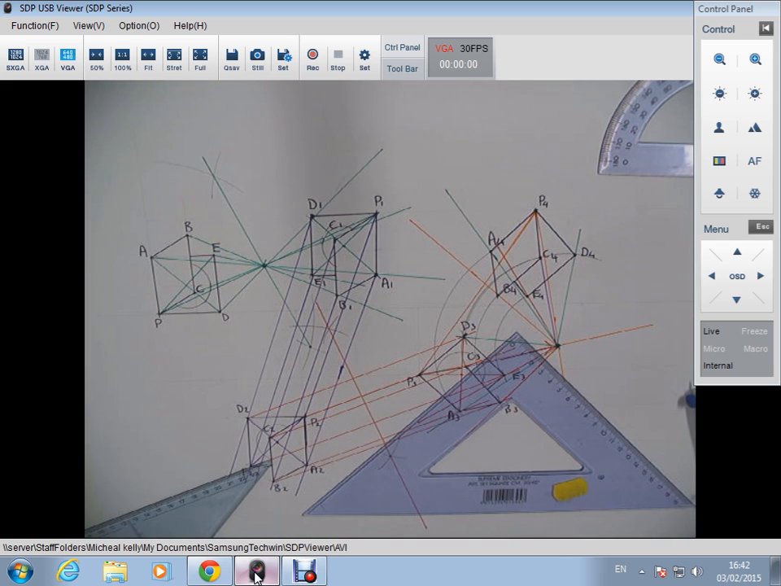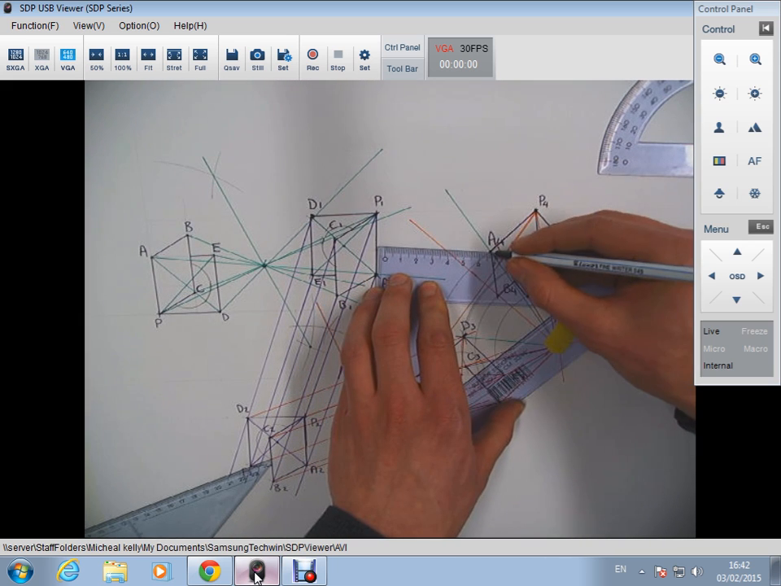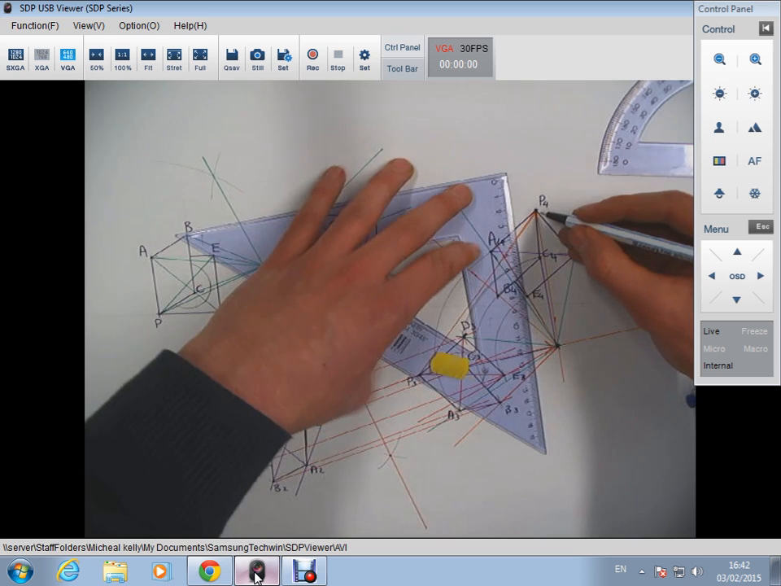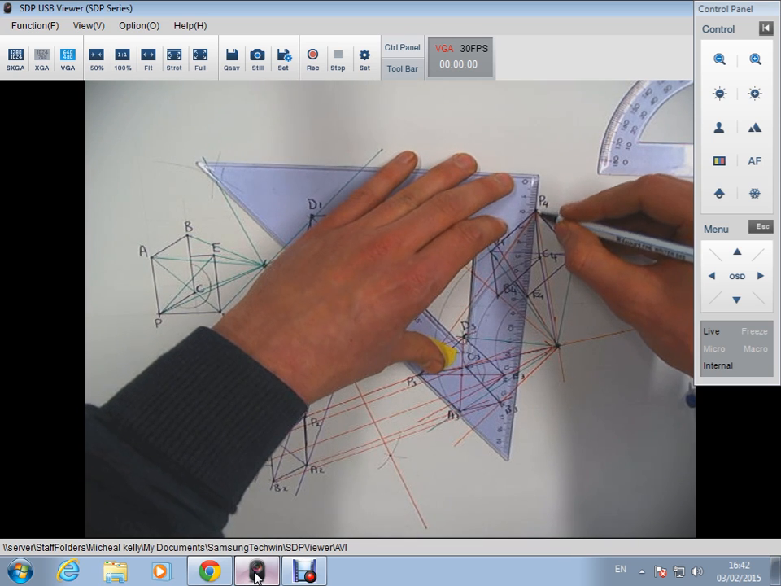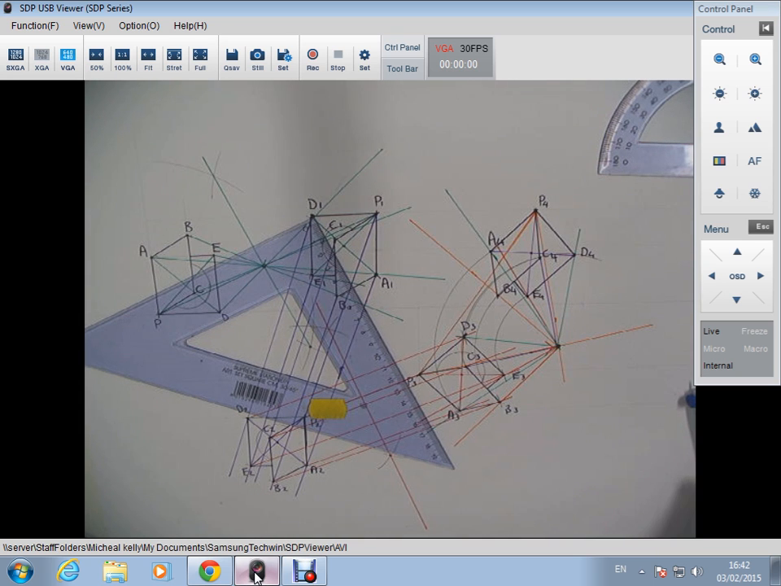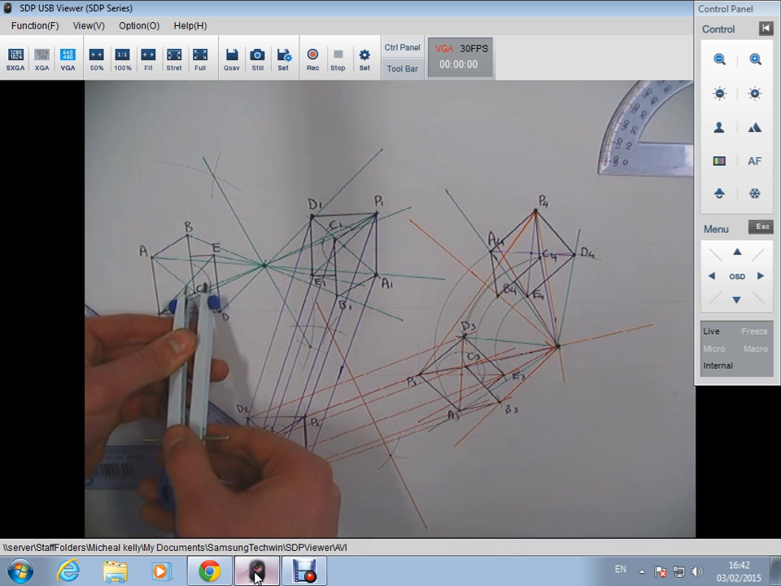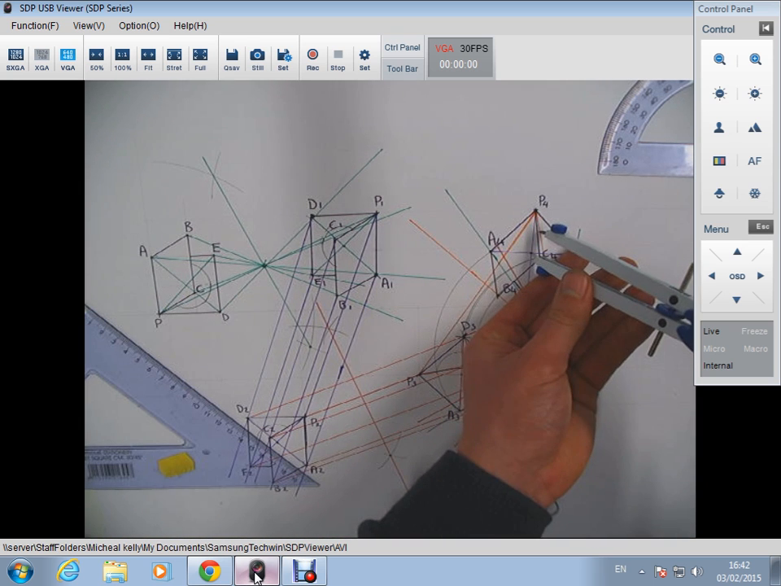And lastly, to find the center of my curve, join A to D, P to E, the center, and set the distance, my radius from the first one, radius 16. Swing it about from